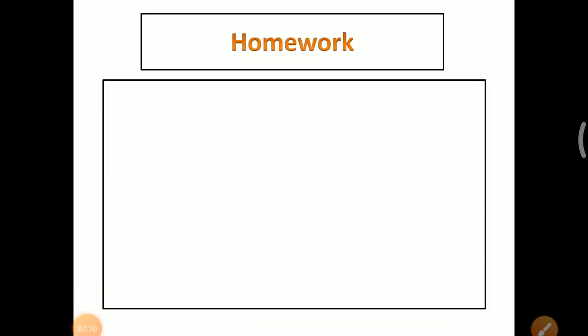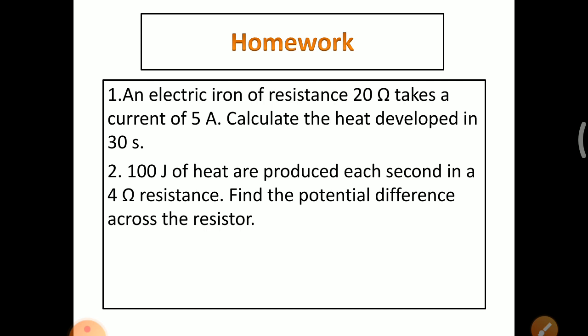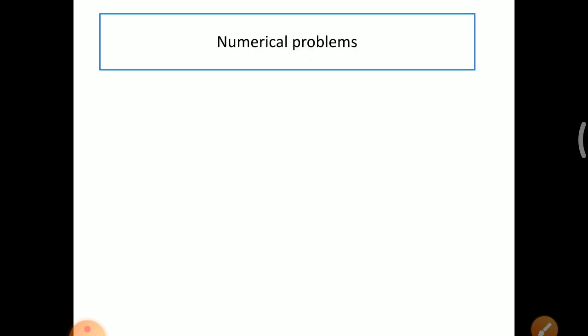The next, an electric iron of resistance 20 ohm takes a current of 5 ampere. Calculate the heat developed in 30 seconds. The second question, 100 joule of heat are produced each second in a 4 ohm resistance. Find the potential difference across the resistor. The first question,